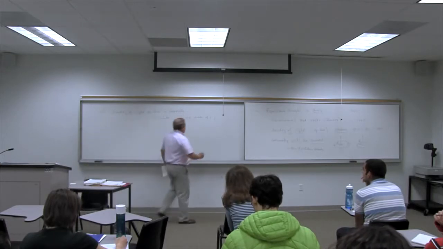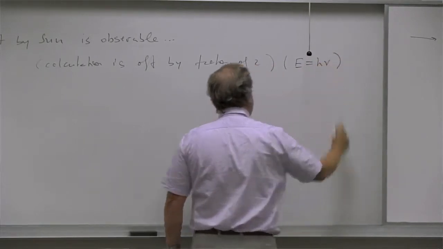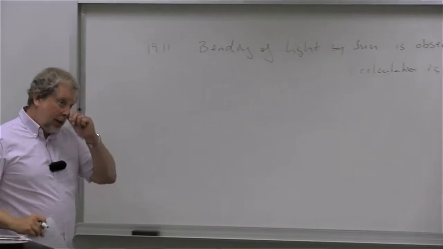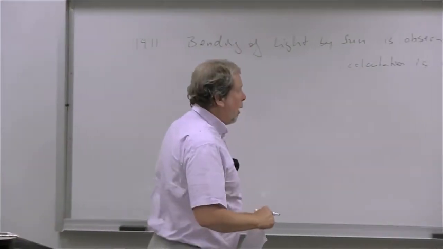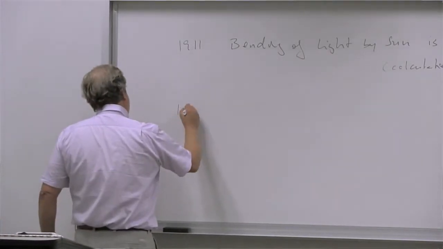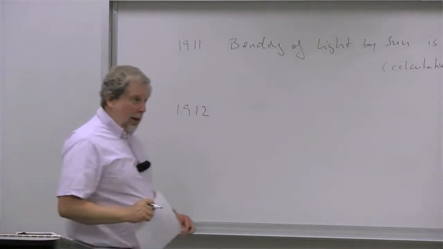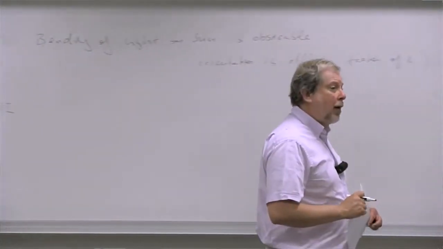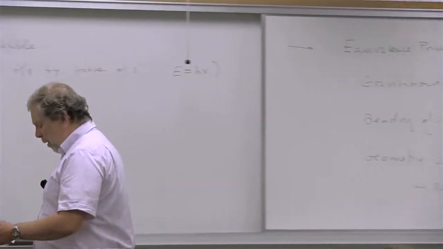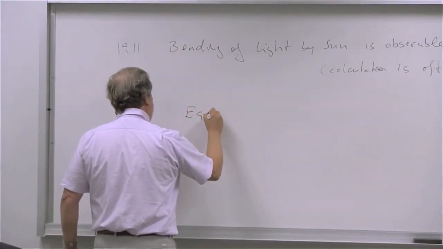Again, he uses the relationship between energy and frequency that is appropriate for photons, his formula E equals h nu, to determine how much bending you expect. And he needs an equation to calculate this bending of light accurately, going beyond just an estimate based on simple equations. And he has an equation in 1912